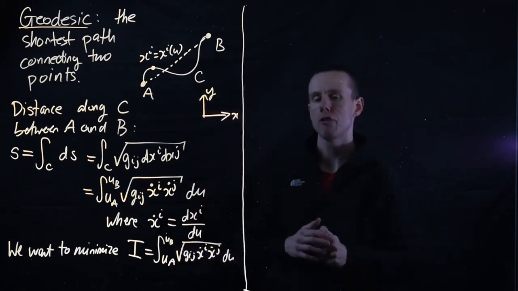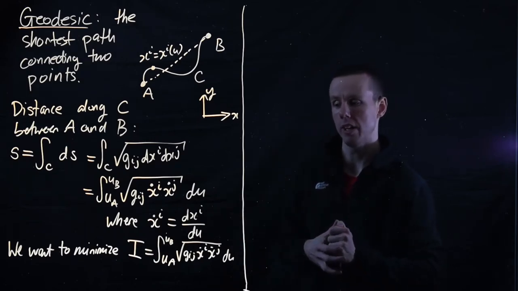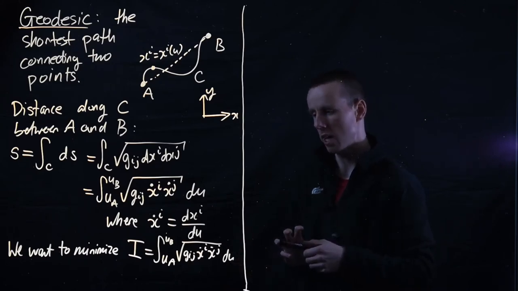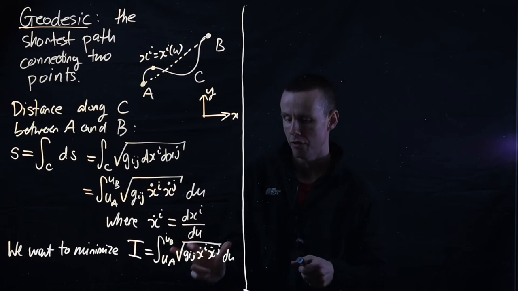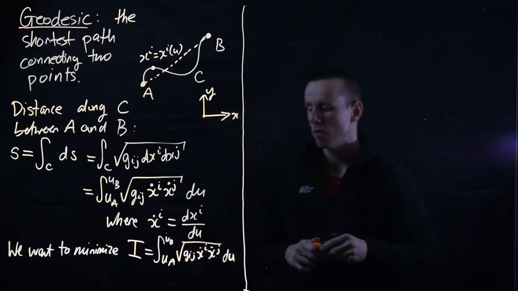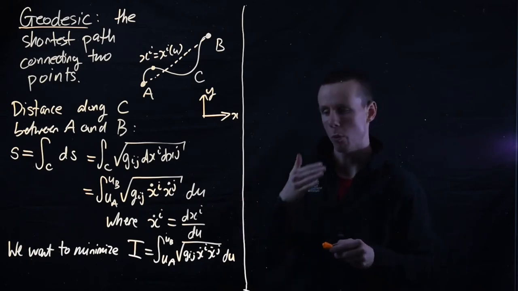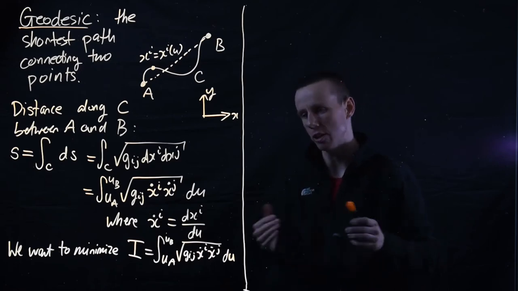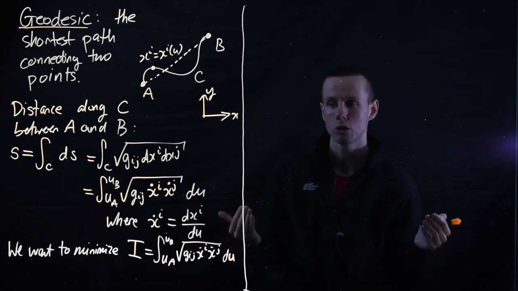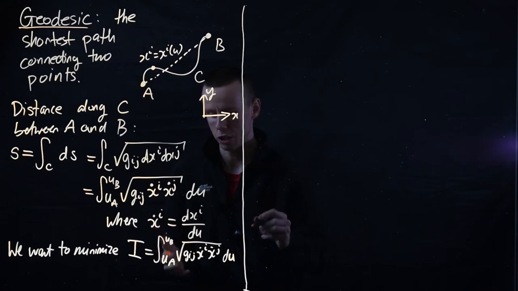Now, if you have done, or if you are doing at the moment, the calculus of variations module, then you might have an idea of how to do this. This is a calculus of variations problem. You have an integral that you want to minimize, and I'm not going to go into the details of where this comes from. I'm just going to tell you the answer. The details are in the PDF lecture notes. If you're doing calculus of variations, you will already know this. But the answer is that